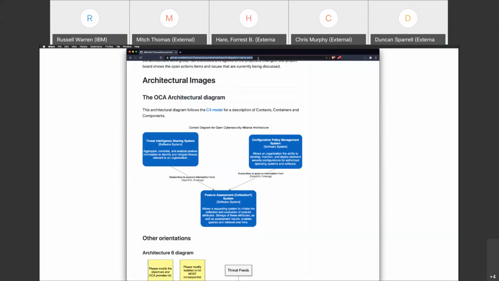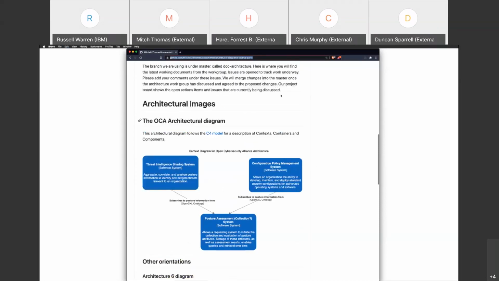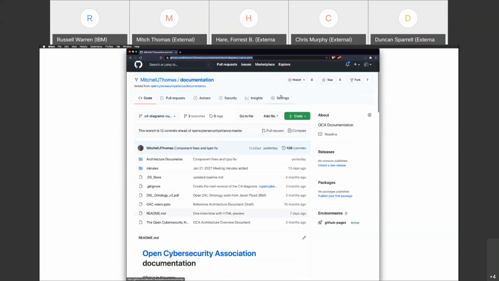Could you throw a link in the chat to both where the official one is and where the one you're actually reviewing is for those that want to look at it? Yeah, the official one you can. I'll just throw you a link to this particular branch, and then you can always go to the top of that, and you can go to the official one right here. It's when you see forked from. So I think hopefully that will just be sufficient for that. Let me see if I can do that in a. Let's see, all the chat applications. Here we go. There's a link to what I'm looking at right now. Thank you. All right. Yep.